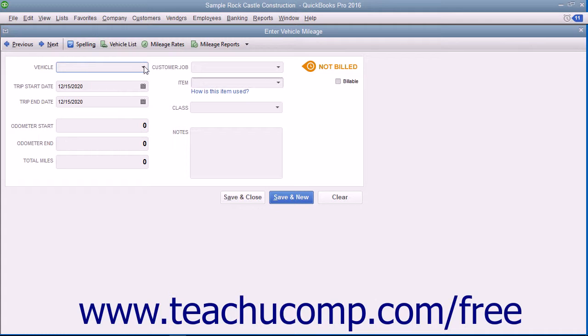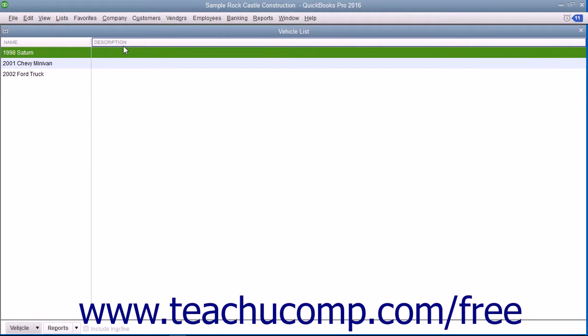window. Use the Vehicle drop-down at the top of the window to select for which vehicle you will be entering mileage. You can type a new vehicle description into this field and then use the Quick Add feature to quickly add the vehicle to the vehicle list. You can click the Vehicle List button in the toolbar at the top of the Enter Vehicle Mileage window to open the list of vehicles if you would like to enter a detailed description about the vehicles used by your